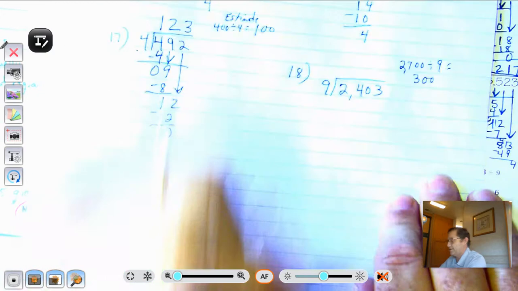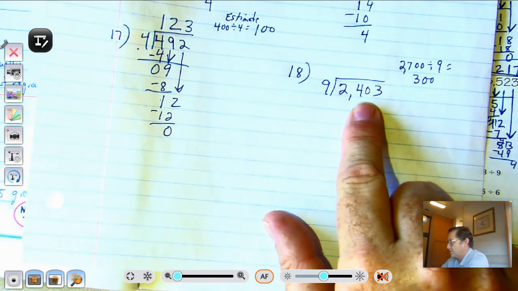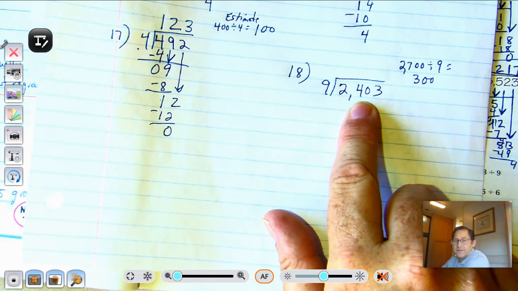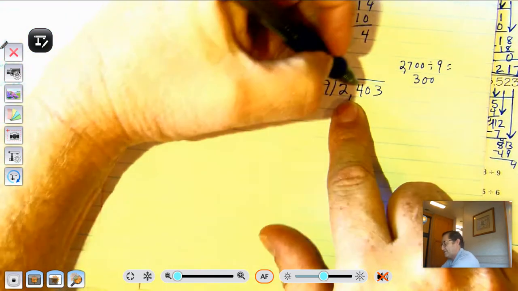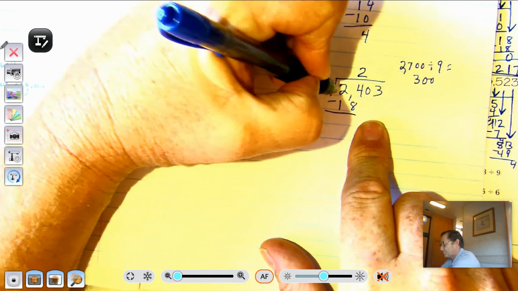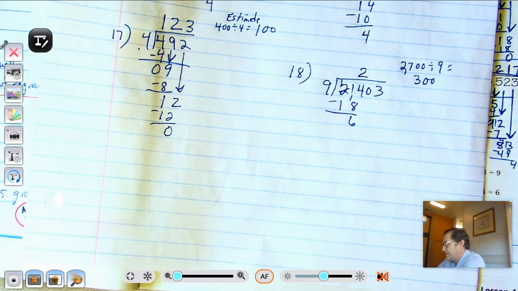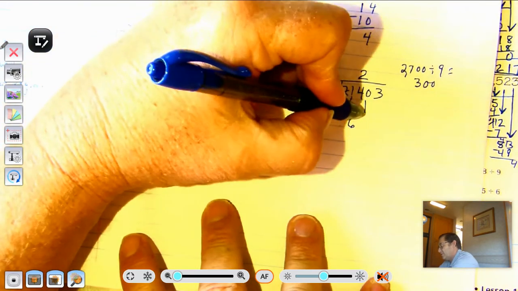So 2,700 divided by 9 is 300. So my first digit is going to be in the hundreds place. 24 hundreds divided by 9 is 2, with 6 hundreds left. So we're going to change that to